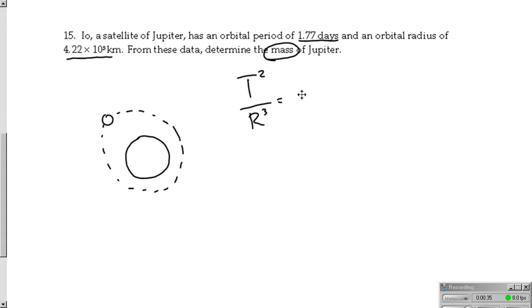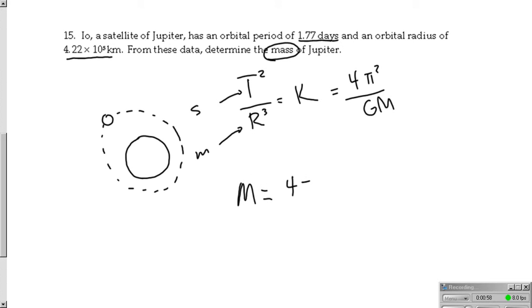of some planet is equal to some constant k, and that is equal to, according to Isaac Newton, 4 pi squared over G times the mass of whatever we're going around. So our T needs to be in seconds, and our radius needs to be in meters. So when you do that, we're solving for the mass of our planet. We end up solving this equation that mass is equal to 4 pi squared R cubed over T squared times